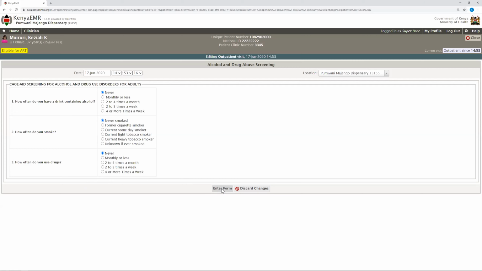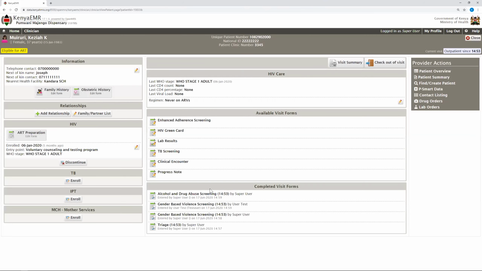So when you complete that, you will go down there to completed visit forms. And then we have, we can't do the enhanced adherence screening because these are new clients. We can't assess the adherence in terms of how they take drugs, the frequency, and all that. So this one will be done in subsequent visits and will not be eligible to be done now. So we are done with that. Now